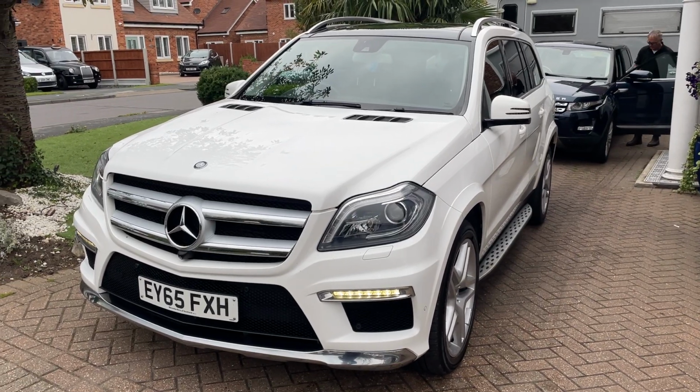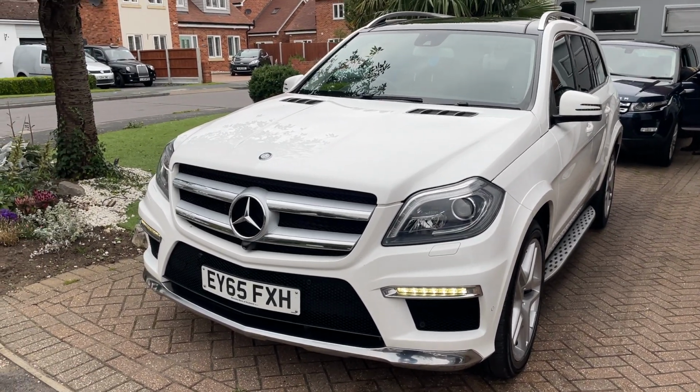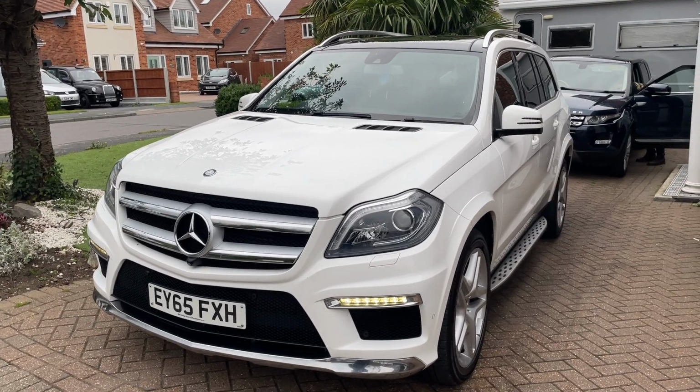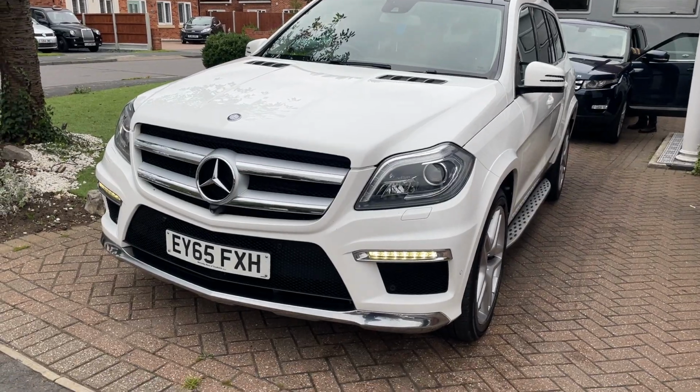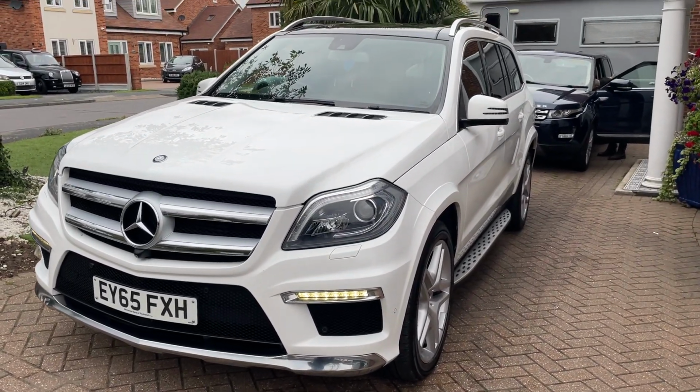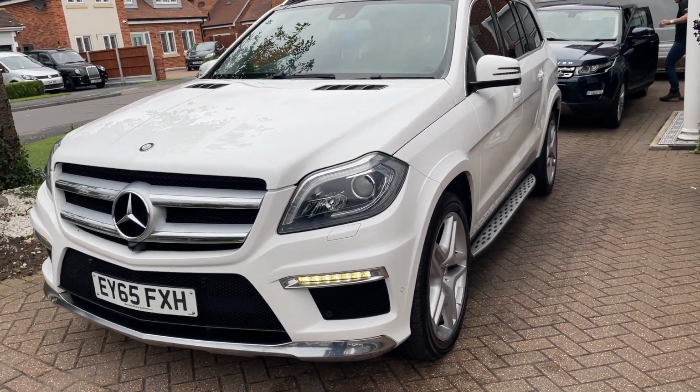Hi there, so I'm going to be showing you around our new Mercedes GL350 on a 65 plate. I'll just take you around the bodywork, I'll take you inside and I'll show you all of the features along the way that I can remember. And there's a lot of them. So starting with the front left,